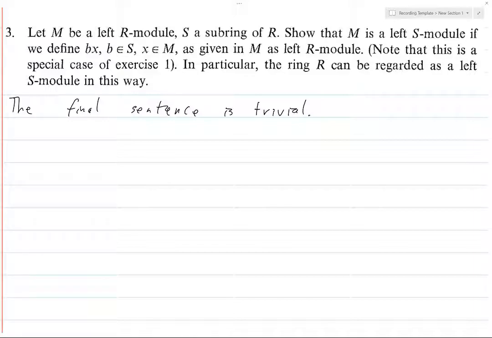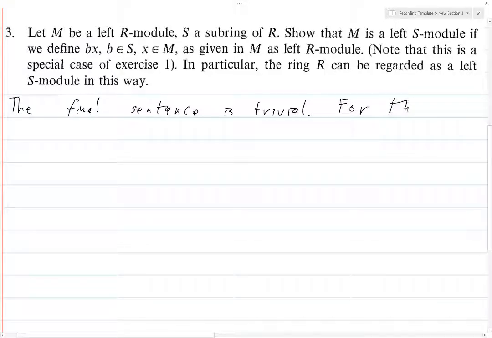You just let R be your abelian group with addition, and then you consider the action. If you want to write it out, sr just goes to S times R. You just let it be multiplication. And so that gives you exactly what you want. But anyways, for the more general statement,